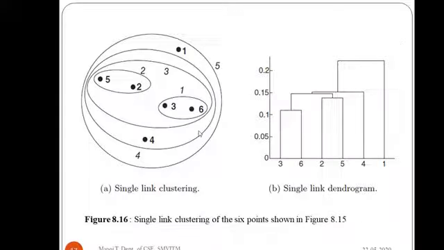Now the question is why we have merged 3 and 6, 2 and 5 initially. The reason for doing that initially is, if you see the distance between 6 and 3, it is 0.11. If you see the distance between 2 and 5, it is 0.14. So 3, 6 is smaller compared to 2, 5, that is why 3, 6 is merged first, then 2, 5. So this is depicted in this nested cluster diagram. Also in the dendrogram we have shown that.